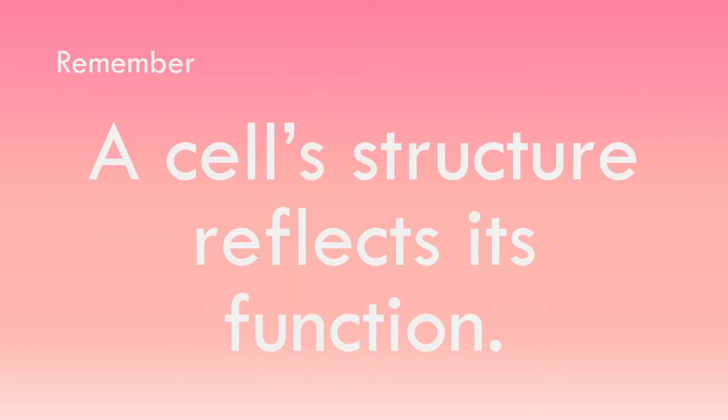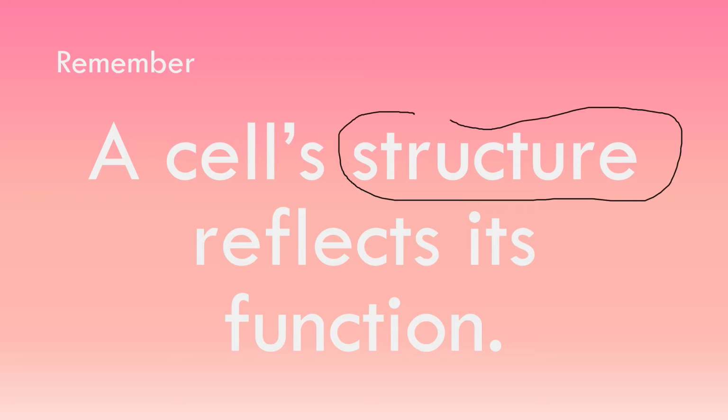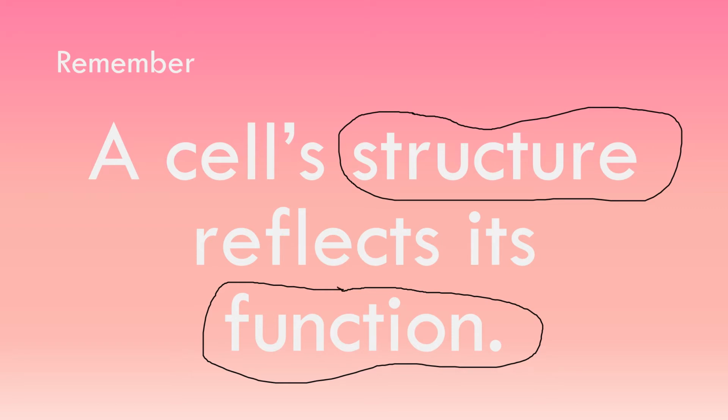So it's really important to remember that a cell's structure reflects its function, which means that the way it's built reflects the job it does. So you look at anything that's been designed around you, your phone, your TV, your keyboard, the mouse. It's very easy to sort of look at how something is built and how it